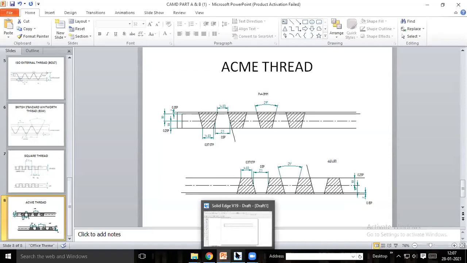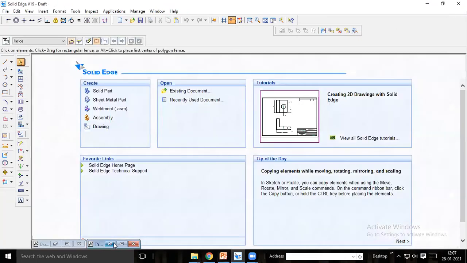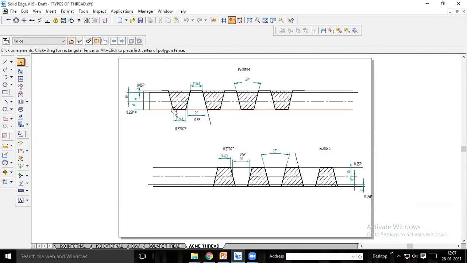Okay. So how to start here? I drew this line, this line, this line, and this line. You have to start with this dimension. See here, the bottom line. This bottom line is nothing but this one. This profile you need to draw first. So the formula is given for this. This length, the bottom length, we refer to as the flat crest value.